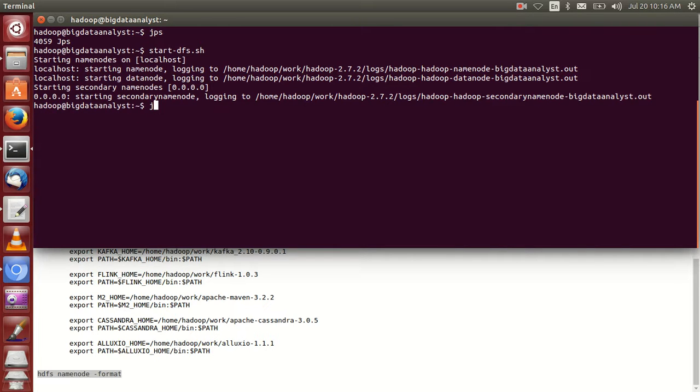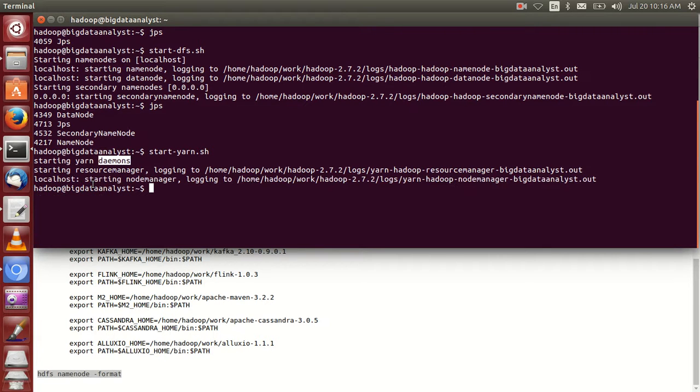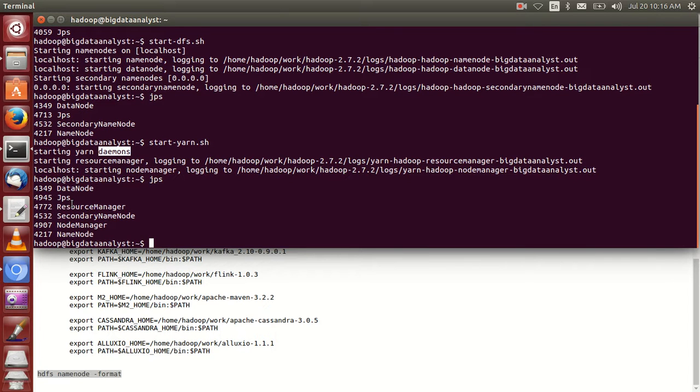Wait. Yes. If you run jps, name node, secondary name node, and data node, three must be visible. And another daemon, it's called yarn, for MapReduce and yarn. It's running properly. Now run these three daemons, and additionally resource manager and node manager. You will get these two as well. Totally 5. 1, 2,